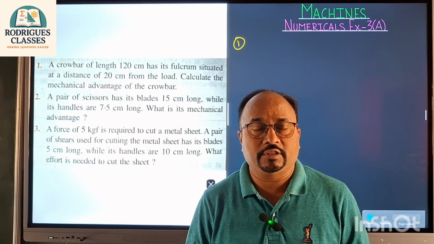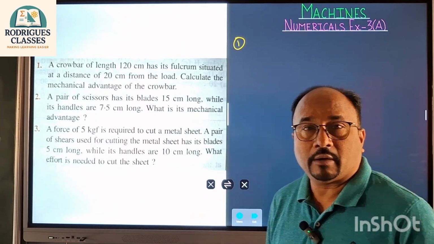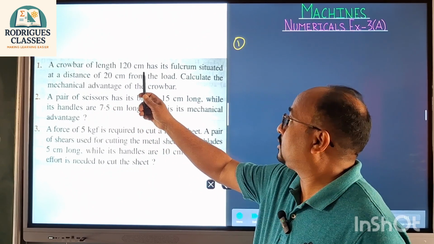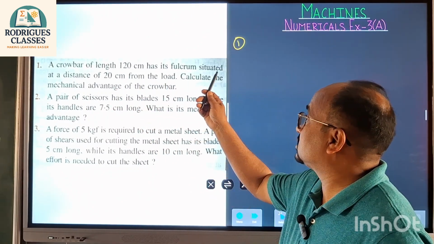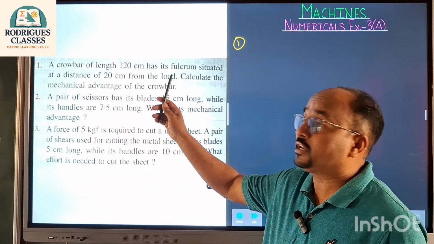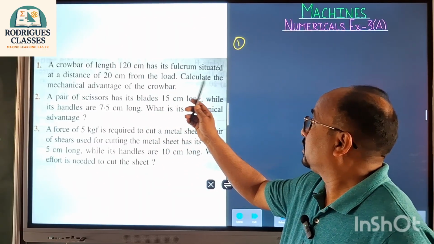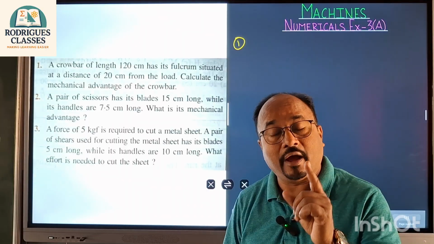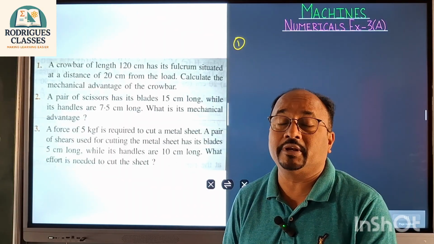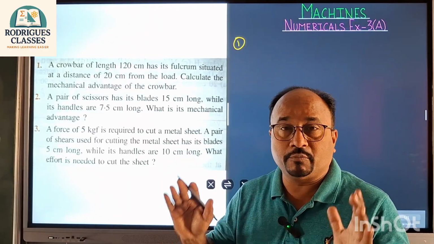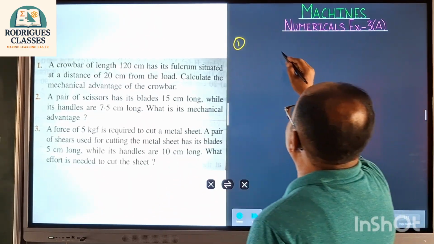So now we start with the numericals. The number one numerical, let us see. It says a crowbar of length 120 centimeter has its fulcrum situated at a distance of 20 centimeter from the load. Calculate the mechanical advantage of the crowbar. You have to first know here in this numerical that a crowbar is a first class lever. So because it is a first class lever,